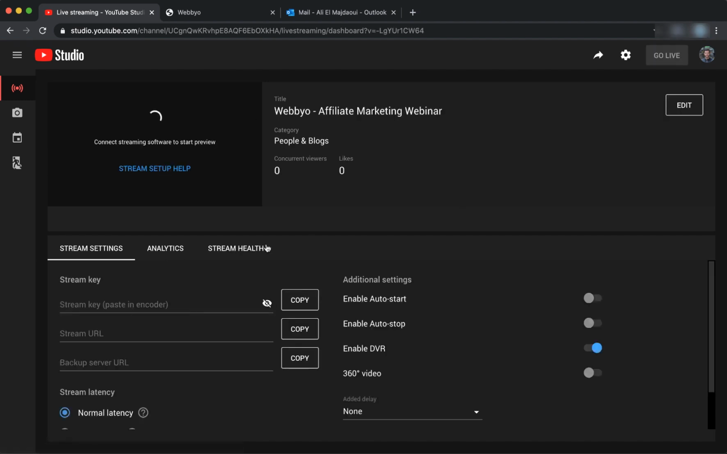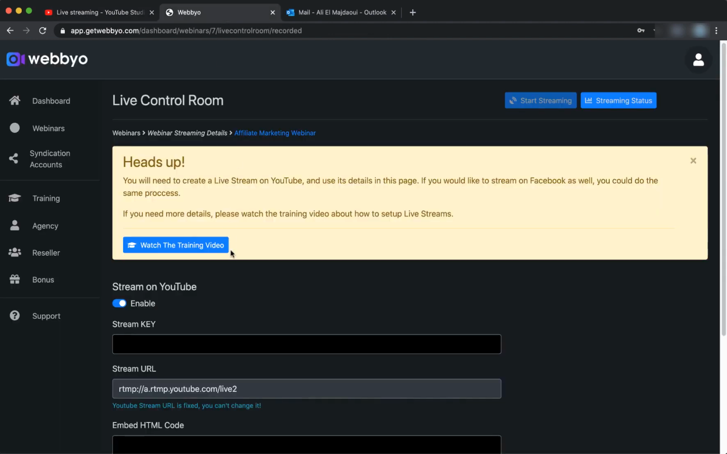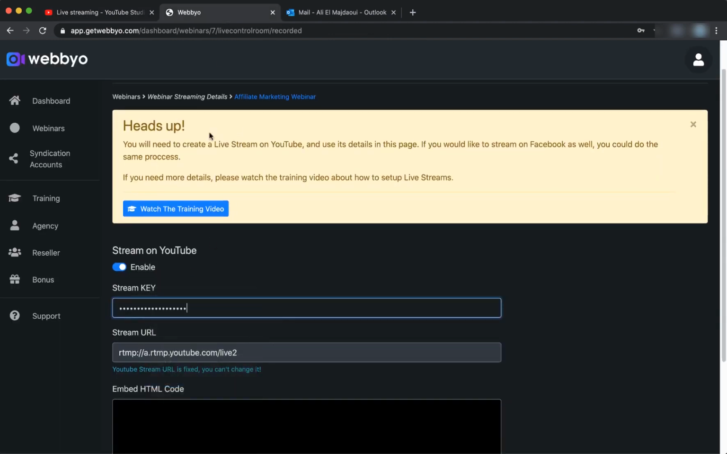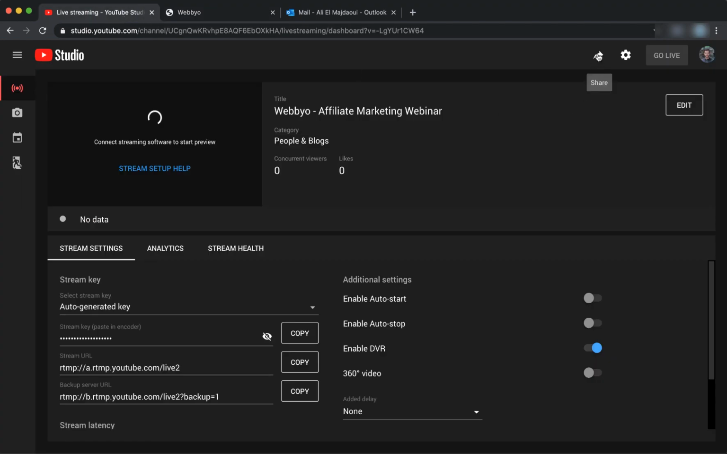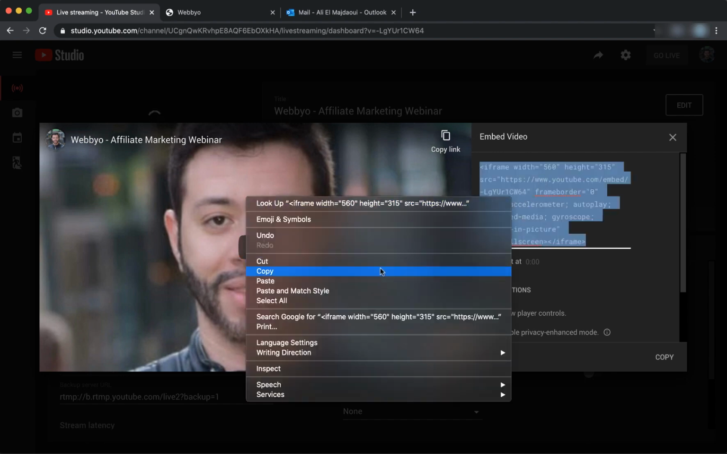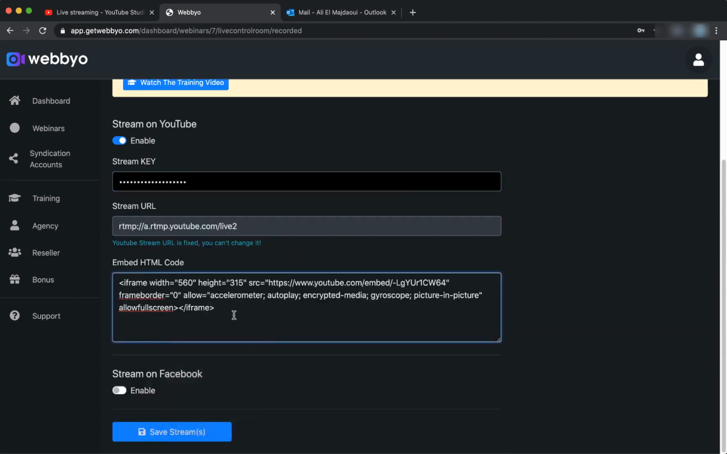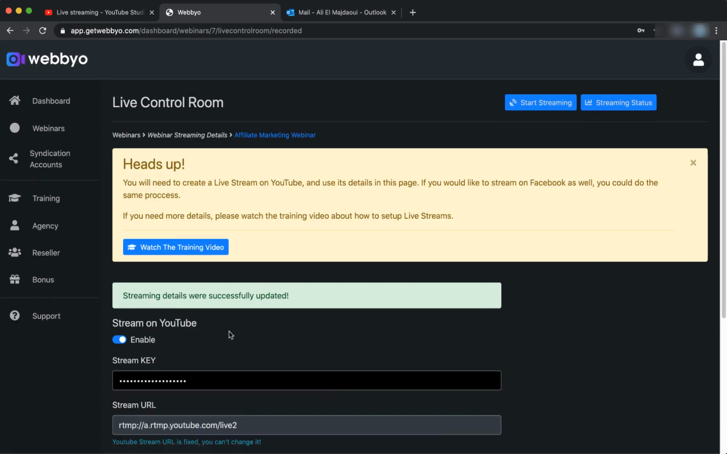This will give us all the info we will need. First, we copy the stream key from here and we put it here. We go back to this button, share, click on embed, and copy the HTML code, paste it in here. Please don't change or modify it, just leave it like it is and just save streams. We now have everything ready,